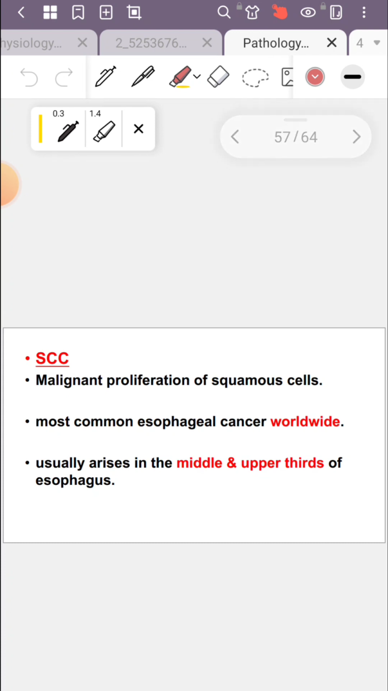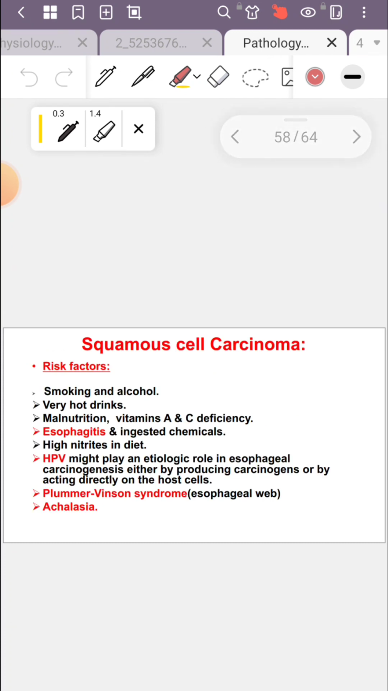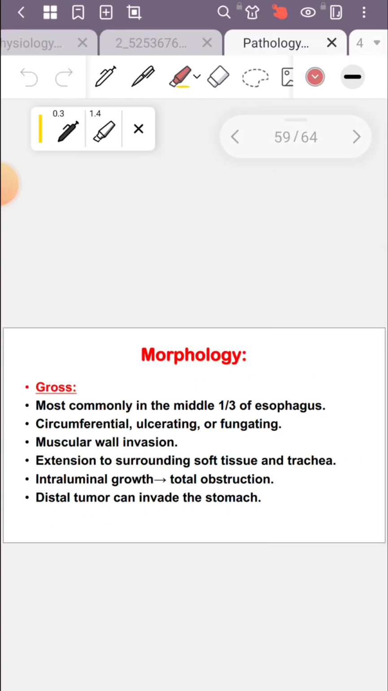والسموكينج، alcoholism, very hot drink, malnutrition. شباب هذه الريسك فاكتورز of squamous. Malnutrition, vitamin C and A deficiency, vitamins deficiency, esophagitis, ingested chemicals, زين. Human papilloma virus نفسه اللي يسوي oral cancer, Plummer-Vinson syndrome قلنا بالبداية, esophageal web, والأكاليزيا, زين. Most common site هو middle and the upper third, circumferential أو ulcerating, هذه morphology, extension to the soft